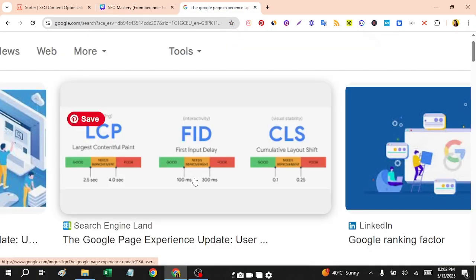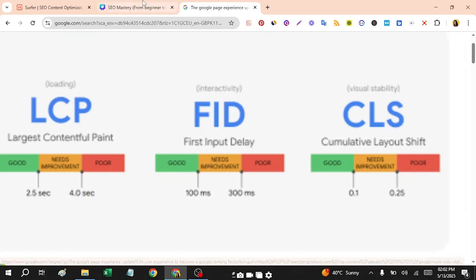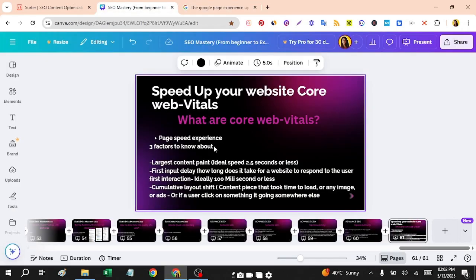Here you can see their interaction on your website should be less than 100 milliseconds. It would be considered as good. And if this goes from 100 milliseconds to 300, we count it as a needs improvement category, because it should be low. In the upcoming video, I will teach you guys how you can optimize